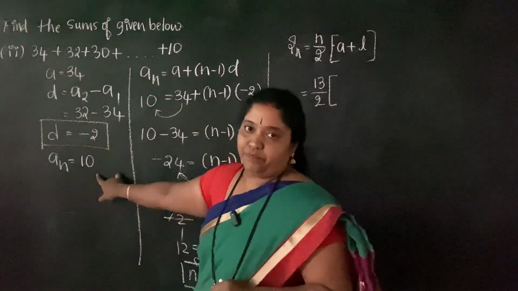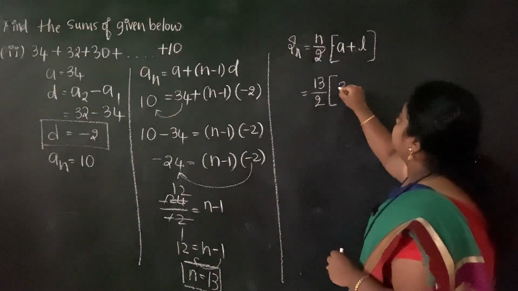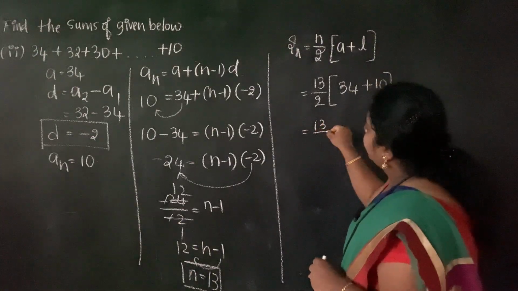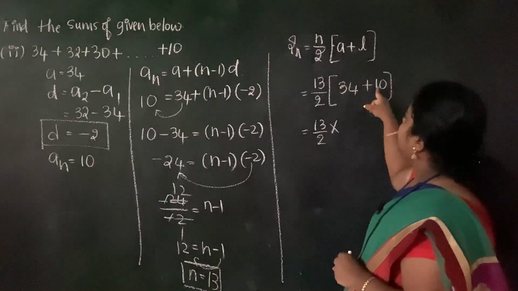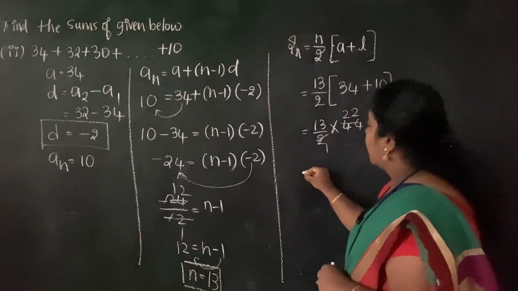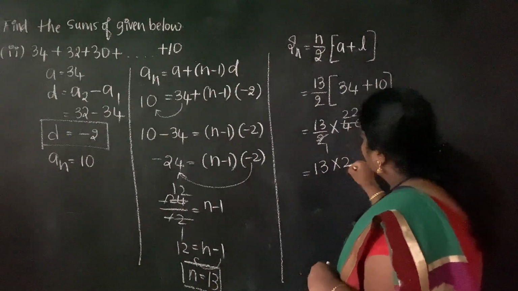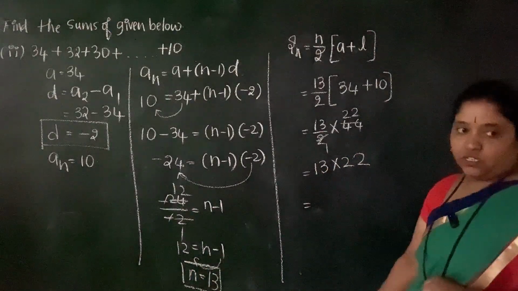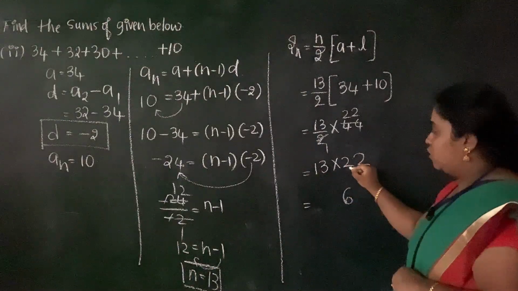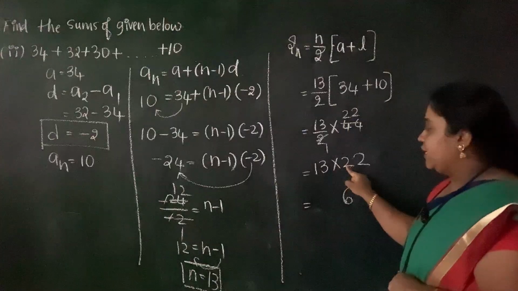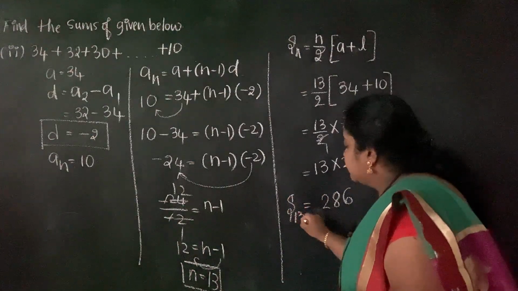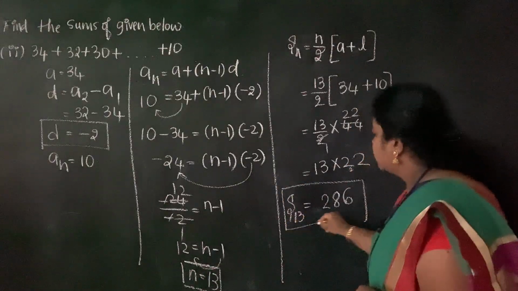And what is the last term? That is 10. Let me write here. First term is 34 and the last term is 10. So 13 divided by 2 into 34 plus 10 is how much? 44. 2 ones are 2, 2 twos are 4, 2 twos are 4. So 13 into 22. Now the multiplication: 13 twos are 26, 2 carry, 13 twos are 26 plus 2, 28. So the sum of first 13 terms of an arithmetic progression is